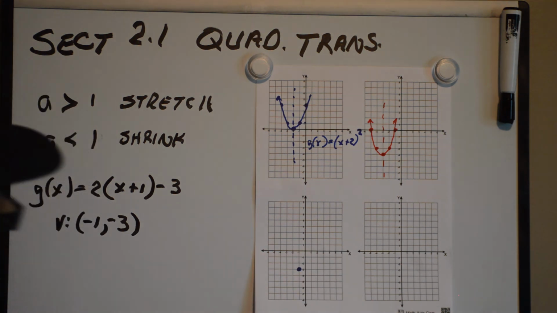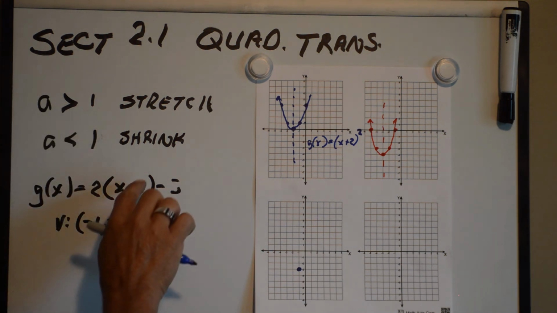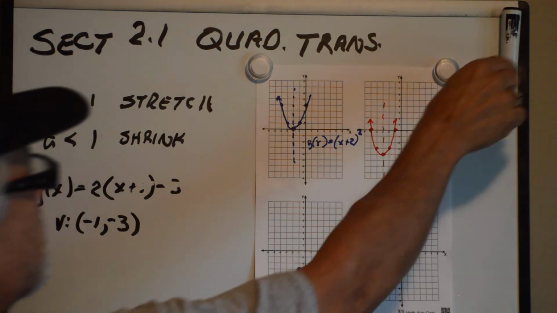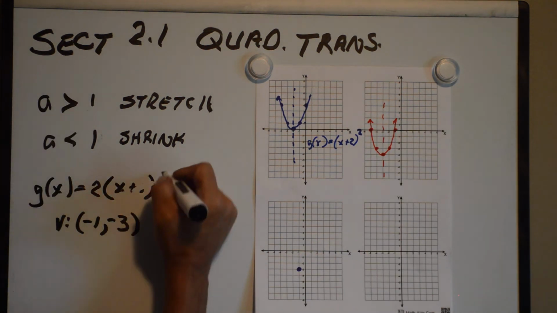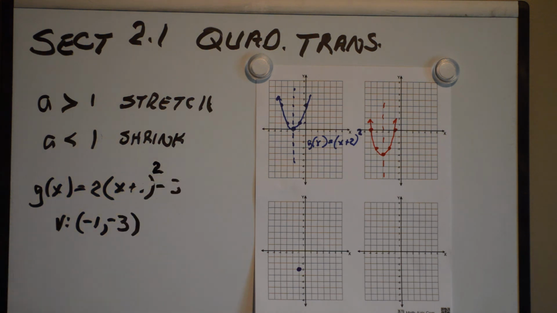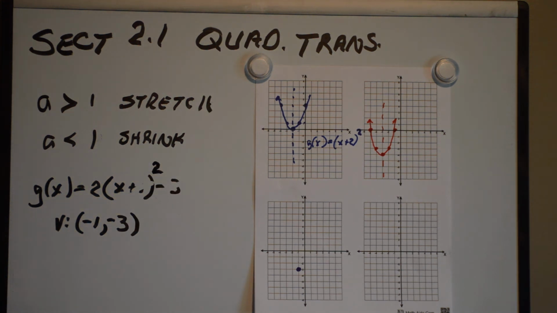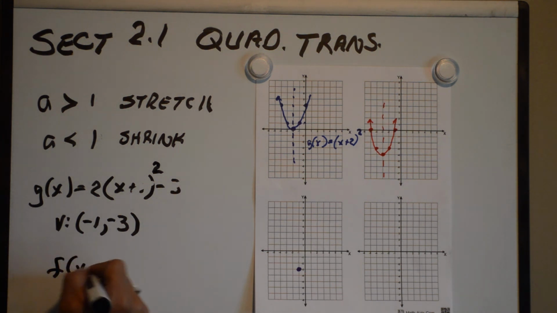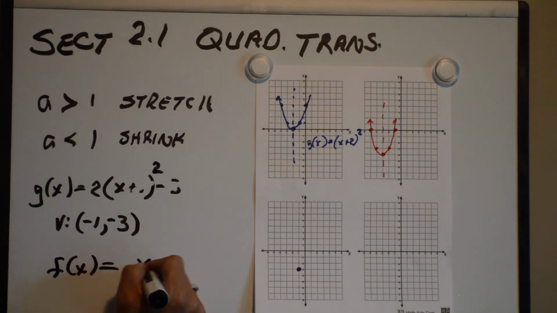That's my new vertex. I don't care about him. I keep forgetting my exponent. That's squared. Now all I have is my parent graph, which is f of x is equal to x squared,